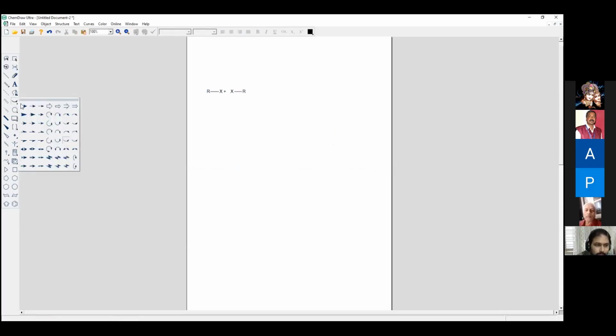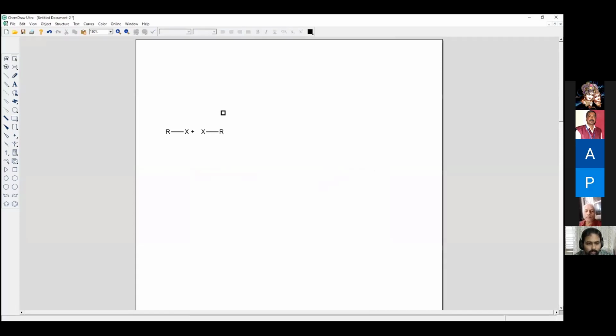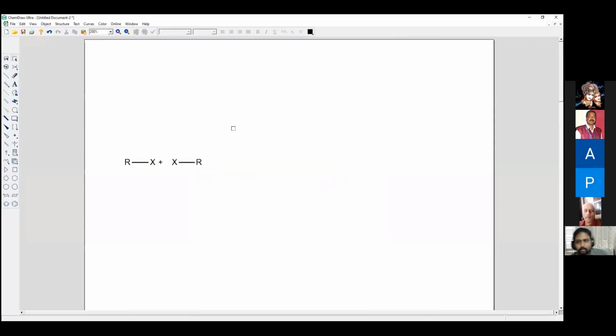Now I will select a plain arrow. You also have equilibrium symbol here. That is also available. Okay, hope it is bigger right now. Now I will select plus option. Plus I'll take up the arrow mark right now. I will place arrow. Then before writing the catalyst, I'll directly go for the products. I will show you what happens.